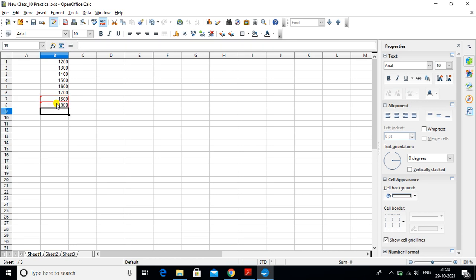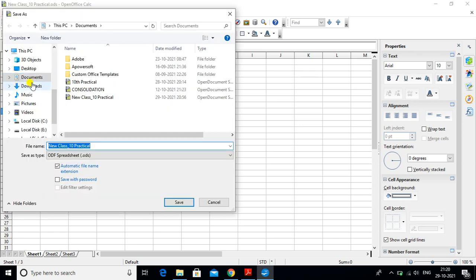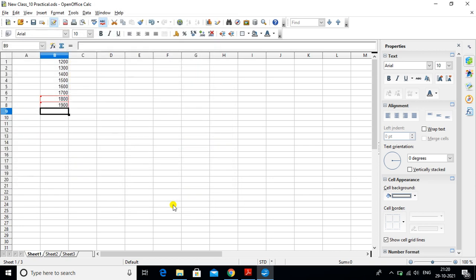I entered two values, 1800 and 1900, and then I go to the File menu and Save As, and save this file with another name, new class 10 practical 2. Then I save it.